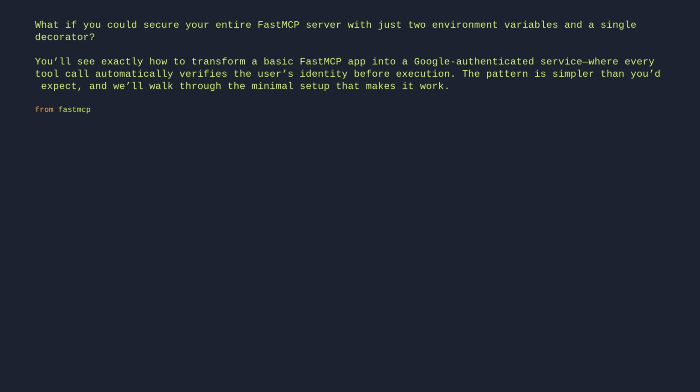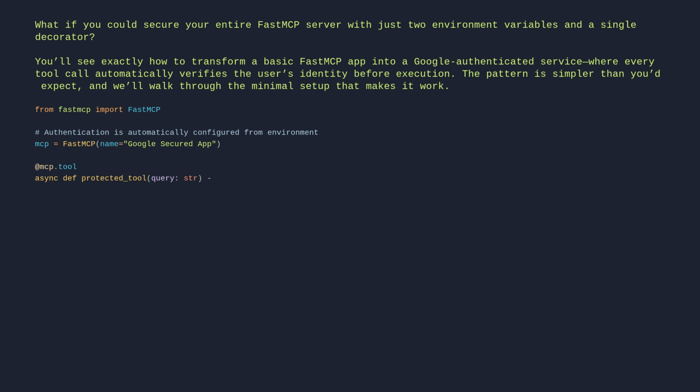From FastMCP, import FastMCP. # Authentication is automatically configured from environment. mcp = FastMCP(name="Google Secured App"). @mcp.tool async def protected_tool(query: str): """A tool that requires Google authentication to access.""" # Your tool implementation here. return f"Processing authenticated request: {query}"